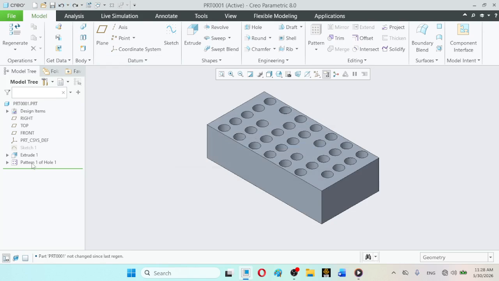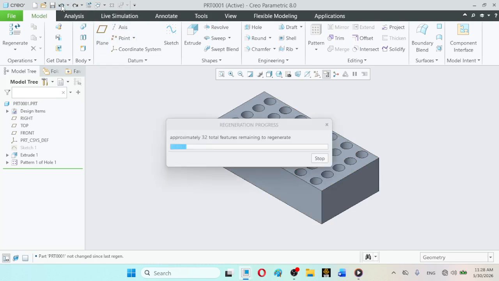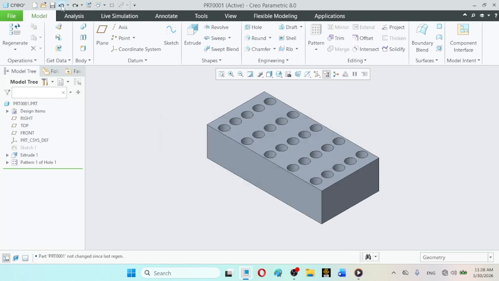If you delete the whole pattern, the parent object will also be deleted, so you will have to simply undo again. Like this. So this was the basic pattern feature which was available, the basic hole command.